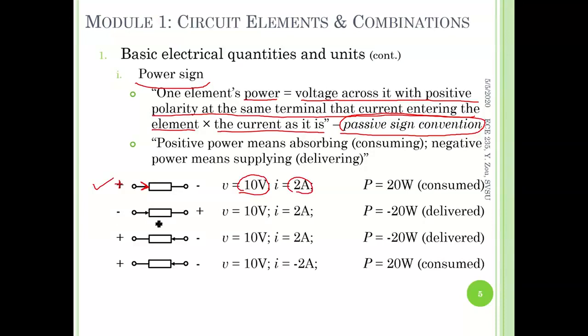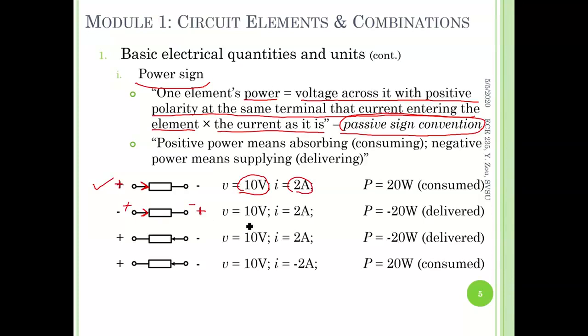Second case, we have a positive polarity of voltage here. However, the current is entering the negative polarity of it. So what we can do are actually two things. We can either flip the polarity of the voltage, or we can flip the current direction so that the current flows into the positive polarity of the voltage. For example, here, if we flip the voltage polarity, then make the positive here, negative here,